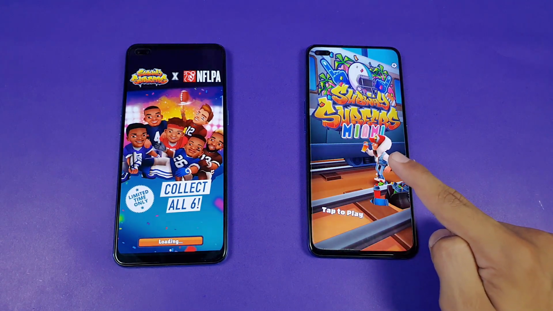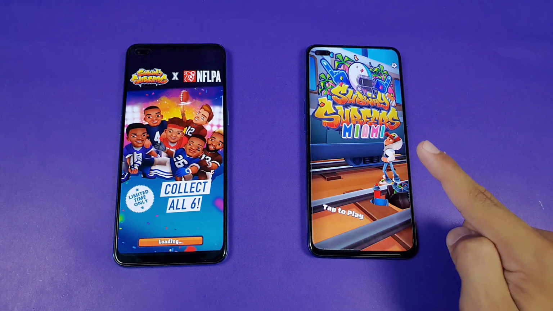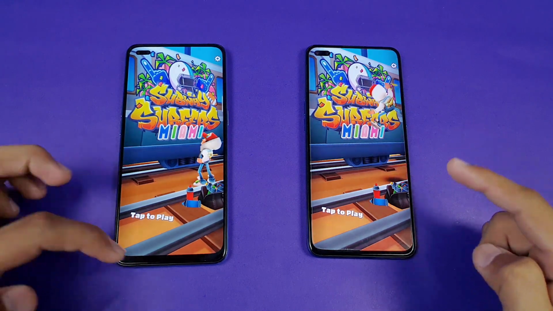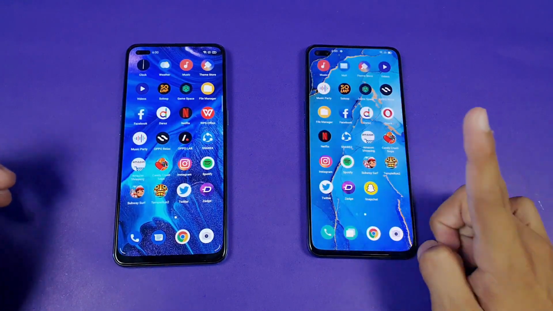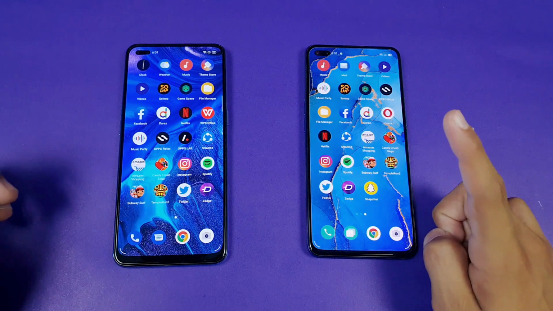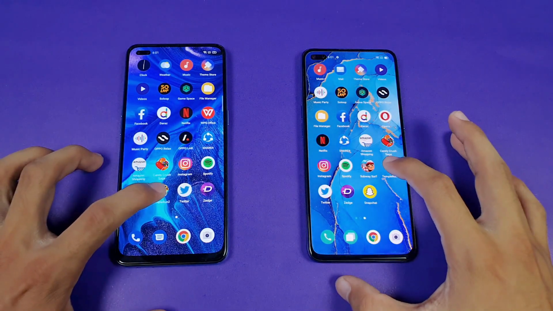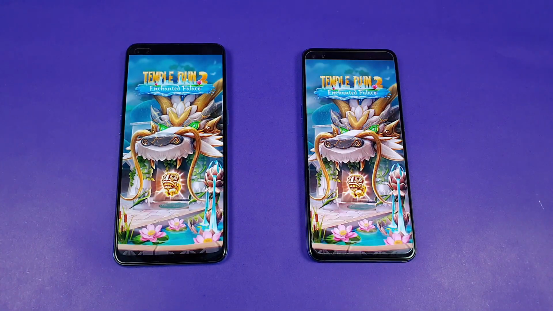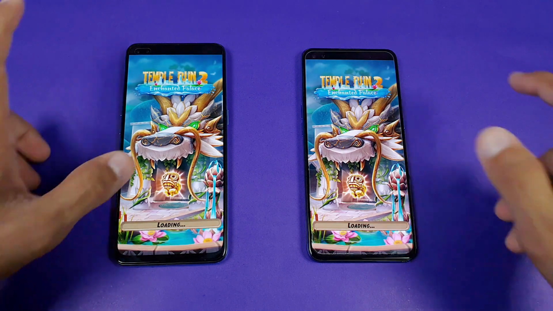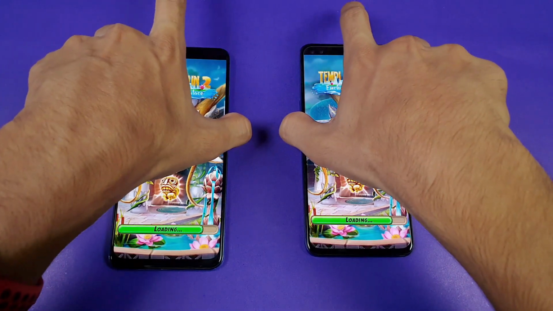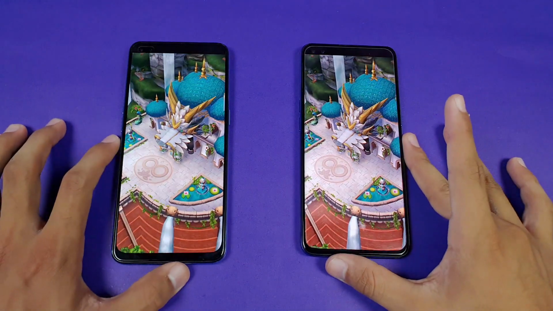And the Oppo Reno 3 Pro is faster there, super faster there. And the Oppo Reno 4, now it is also done. And now the Oppo Reno 3 Pro is faster there. Now let's see the Temple Run 2 last game application, and you can see that it is about the same